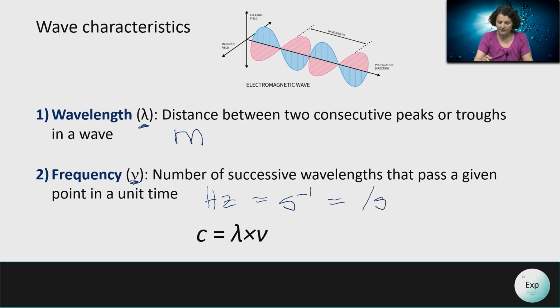or per second. When we look at the expression c equals lambda times nu, c is going to be the speed of light. The unit for speed is meters per second. The unit for lambda is meters, and the unit for frequency is per second. So this gives us an idea of how this expression is further enhanced by the fact that the units are the same on the two sides. And we have to keep this in mind every time we work with this formula, because that means all our wavelengths have to be expressed in meters, and all our frequencies have to be expressed in hertz or per second